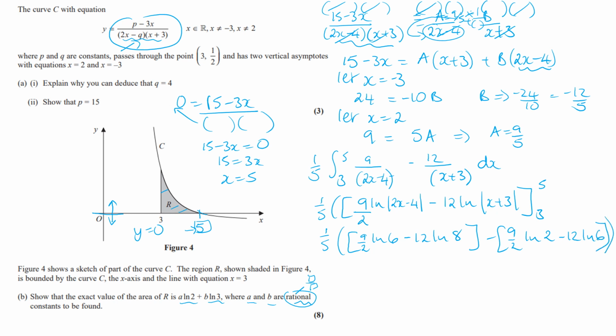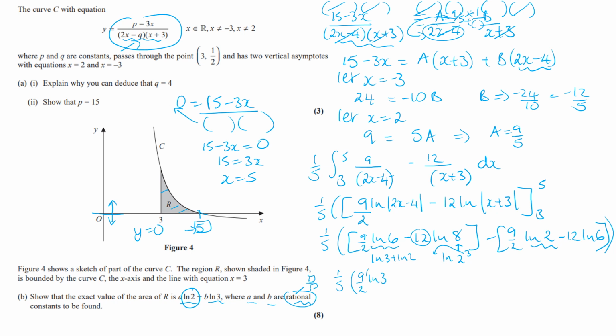Now look at where we're going. We want some ln of 2, and we've only got this here. The ln of 6, so just this part here, can be written as the ln of 3 plus the ln of 2. The ln of 8 can be written as the ln of 2 cubed. So that 3 is going to come down and multiply by the 12. So we're going to have 1/5 and then 9 over 2 the ln of